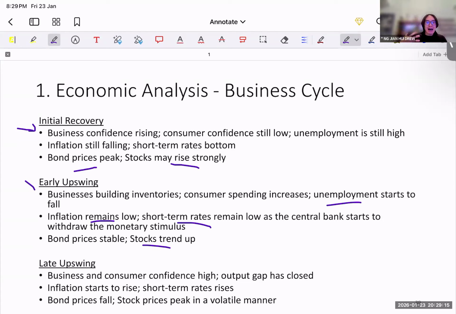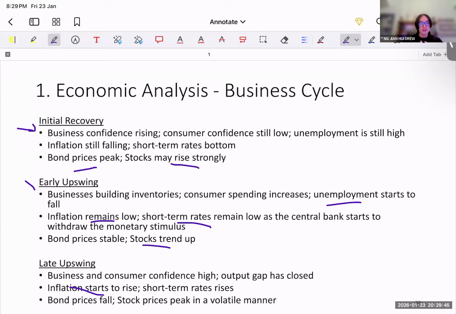Now, at the later upswing, people are becoming richer. There is more confidence, people have more money, and inflation now increases, because there's more money chasing the same amount of goods. At the same time, bond price is no longer at the highest. People are more interested in stocks. Stock price increases because of higher demand,